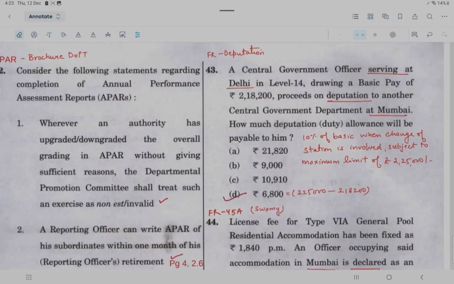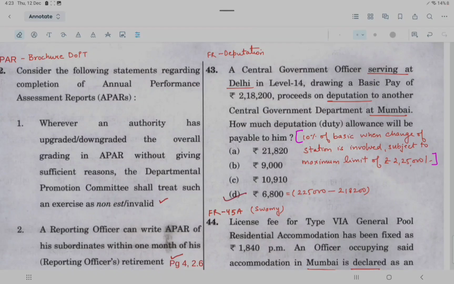It's a very simple question, but UPSC has had a habit of making the question a little tricky. So let's see. A Central government officer serving at Delhi in level 14 drawing a basic pay of so and so proceeds on deputation to Mumbai. How much deputation duty allowance will be payable to him? So first of all, the knowledge part is this: